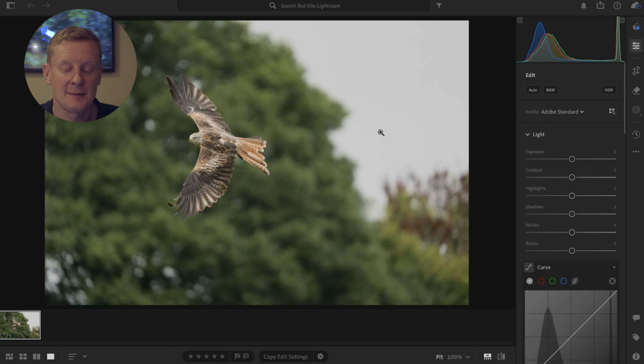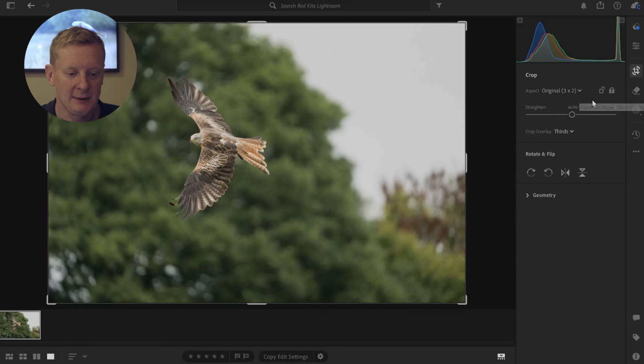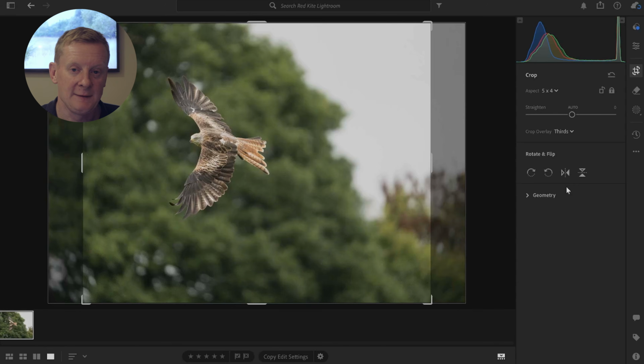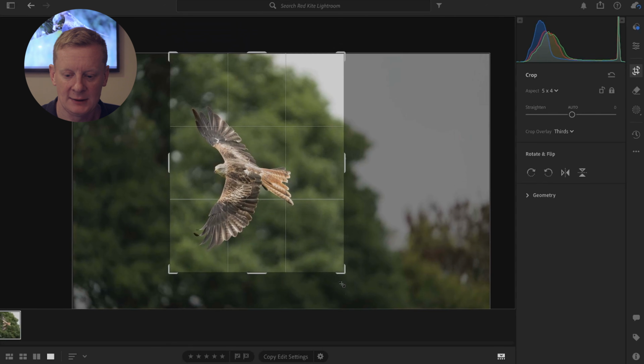I'm going to do that. The next thing I'm going to do is just to crop this in and give it a good composition. So we're going to imagine that this is going to be printed out onto a canvas, or it's going to be displayed somewhere in a calendar maybe. So I'm thinking that we get a 5:4 ratio, flip it to portrait and bring it in